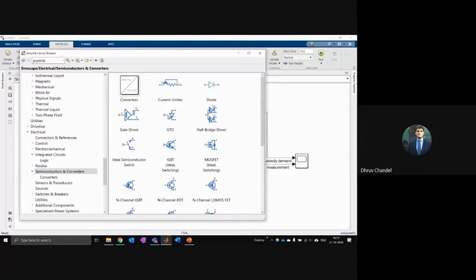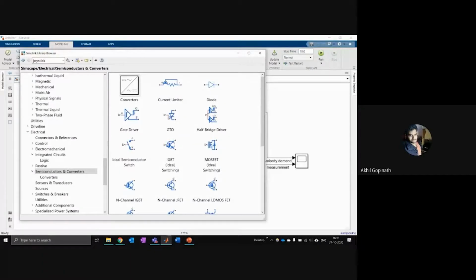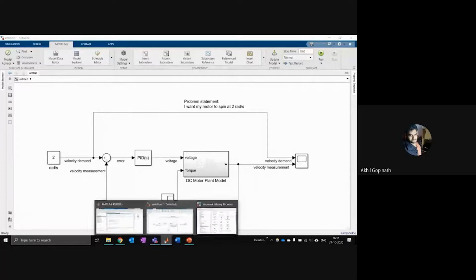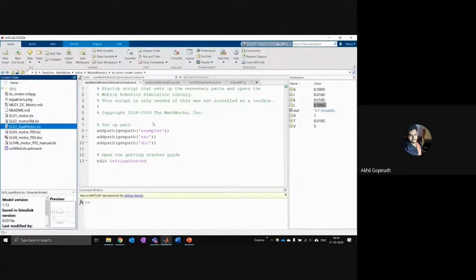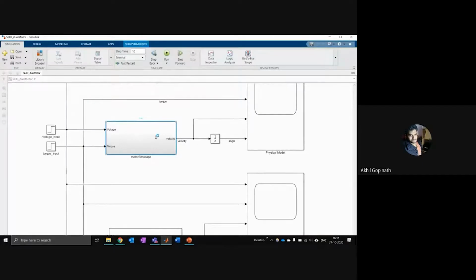We have a question. Can we import? Sorry, Akhil, do you want to add anything there, or does that cover it? No, I believe that covers it. Just to add one small point, using Simscape components, you may not have to write equations. Simscape takes care of all the equations, non-idealities, and other parameters into consideration as and when required and set by you. For example, if you're creating a motor and you want to study the thermal effects of when the motor is running, you can actually set up systems to understand that as well.